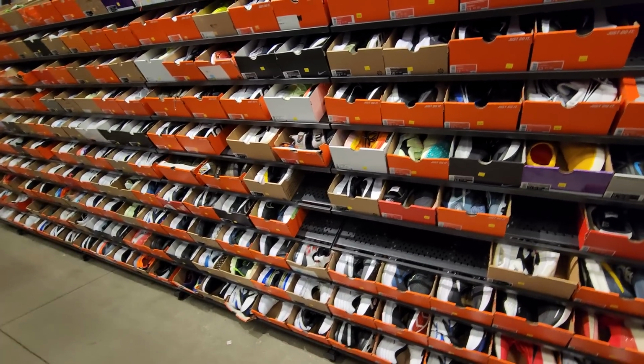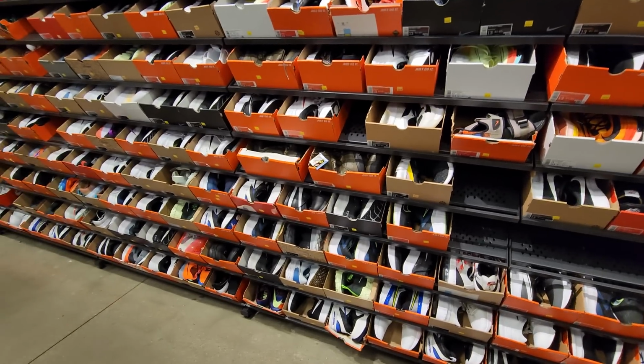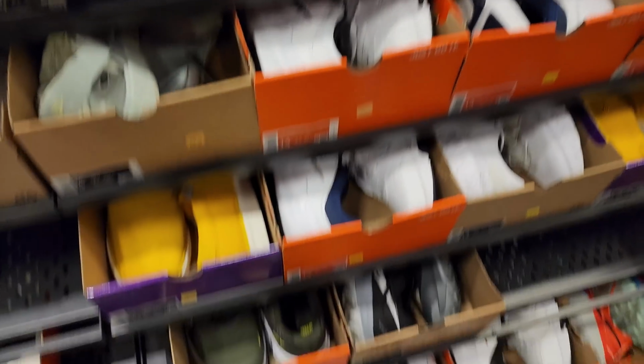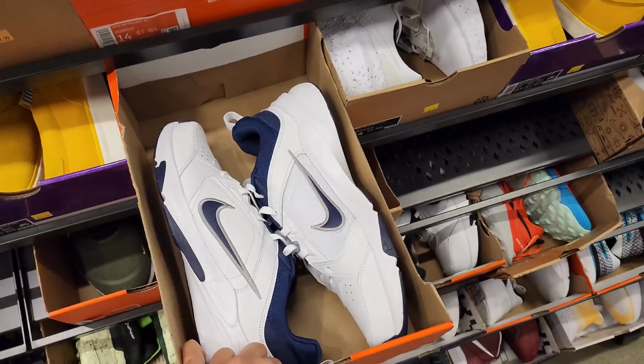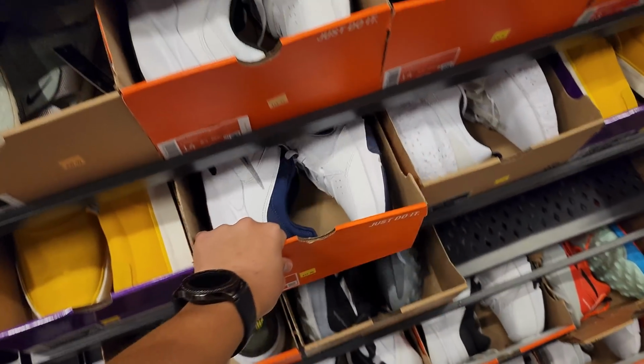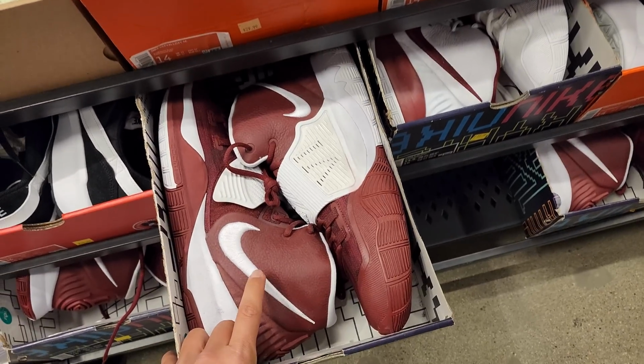You usually find a bunch of sneakers for hoops. I just see a bunch of running sneakers for size 13s right now. Dang, size 14's kind of the same thing too. Got the Defy All Days going for 30. I do got some down here, but these are 14 and a halves. Do got these dusty